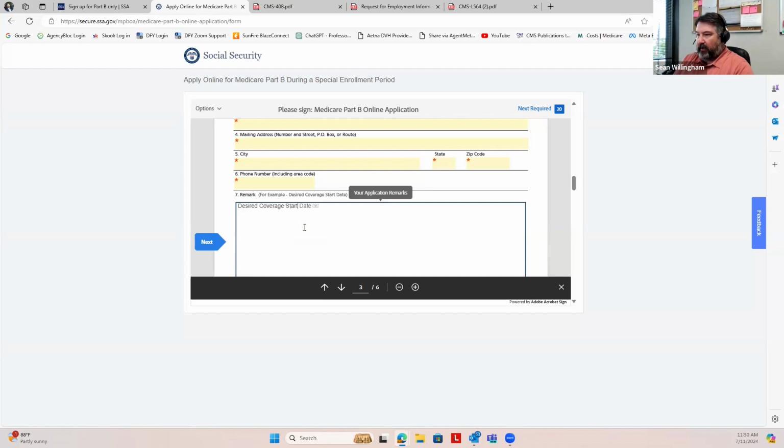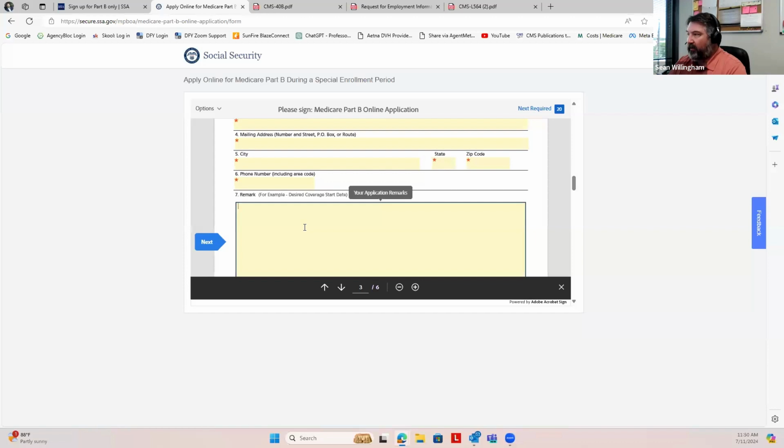coverage start date. And the hypothetical that I use is that you're going to stop working at the end of September, and your coverage is going to end at the end of September, and you would want an October 1st effective date. Okay. I'm speaking to you in the month of July. If this were to just be left blank and turned in during the month of July, it would automatically be assigned an August 1st effective date, in which case you're going to have overlapping coverage, a little waste of money for a couple months. So if you want it effective